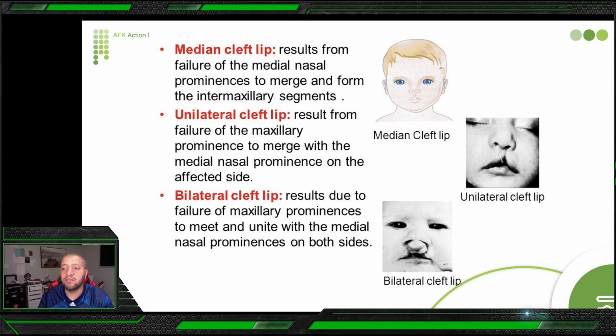If it's bilateral, maxillary with medial nasal on both sides. It's a little confusing if I tell you the lateral aspect of the medial nasal process, so you think it's about the lateral maxillary. It sometimes is confusing, but if you repeat it to yourself twice or three times and look at the picture, this is my humble advice for you.